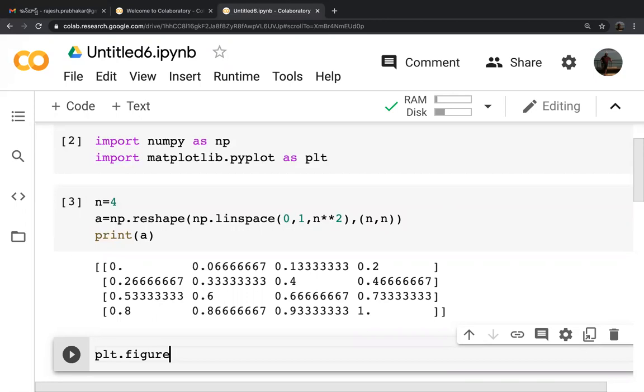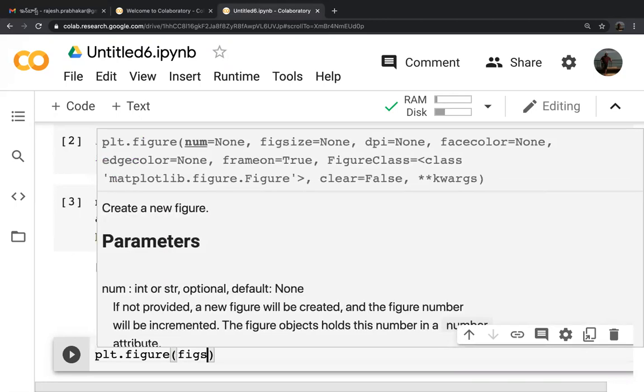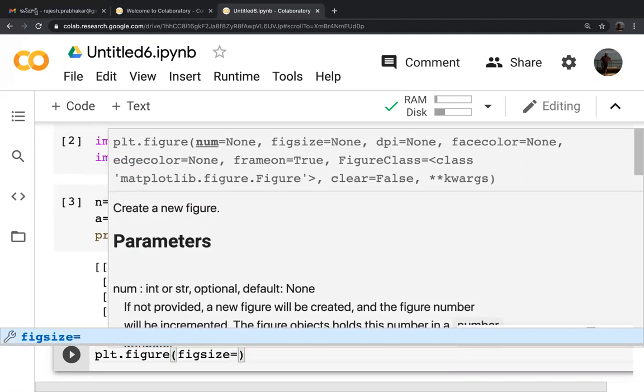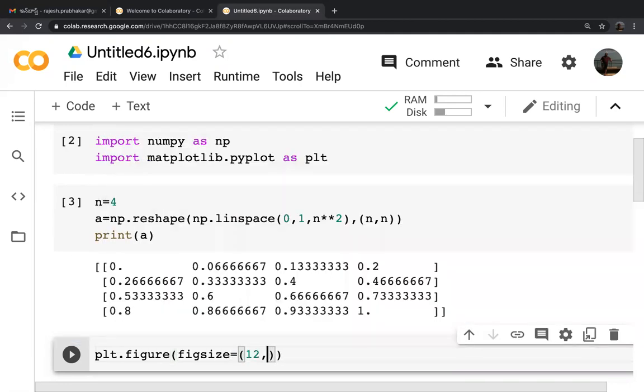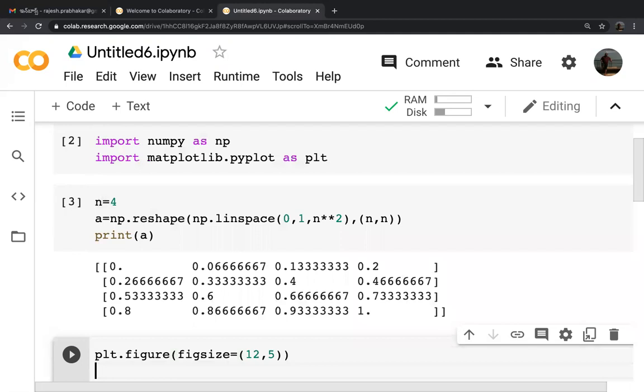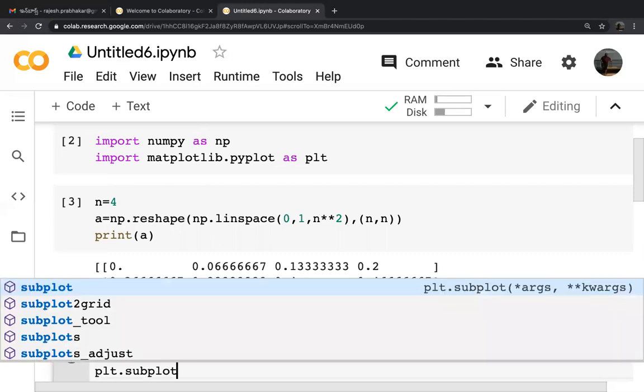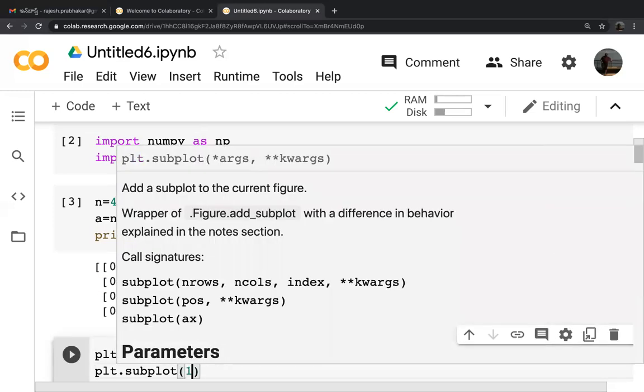We are creating the size of the figure, figsize equal to open bracket 12 comma 5. So we are creating a figure of size 12 comma 5. Okay, plt.subplot in bracket 131.